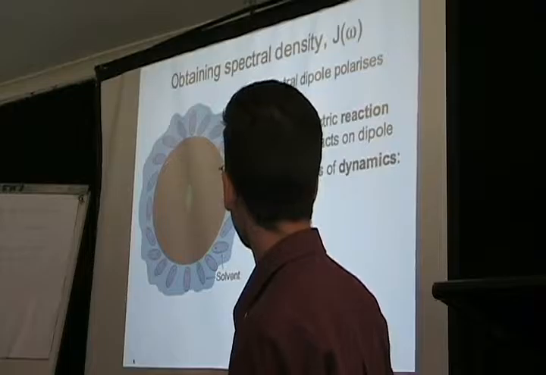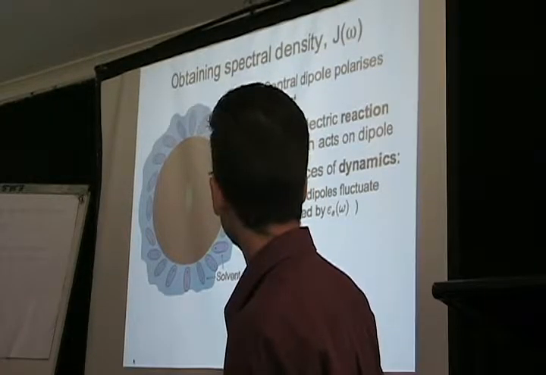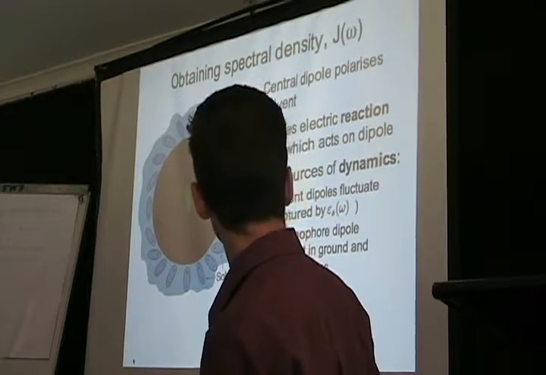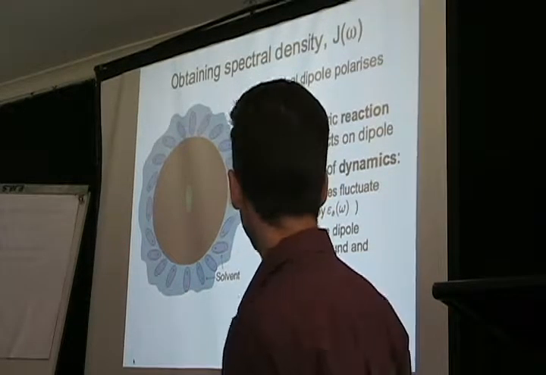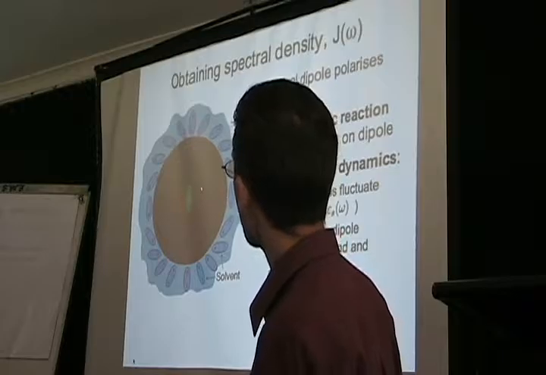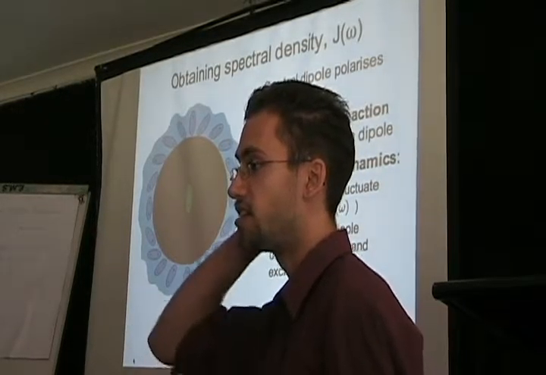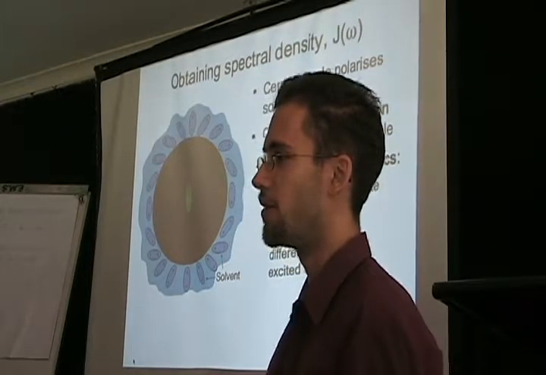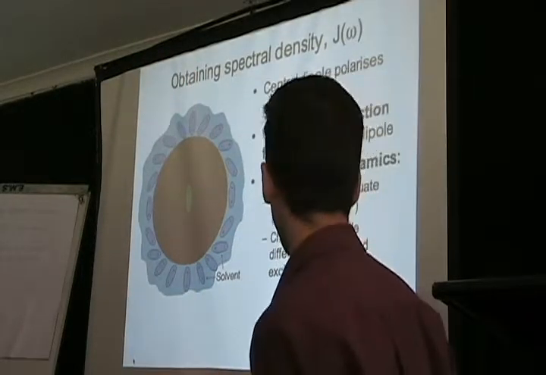And there are 2 sorts of dynamics here. The first is that the solvent dipoles are fluctuating, and the protein as well. All of the solvent dipole is fluctuating, which is captured by these dielectric relaxations. But also the chromophore dipole changes between the ground and excited state. We saw the diagram from Smear's paper before where we had the 2 parabolas and the relaxation of the solvent there. So that's that same argument.